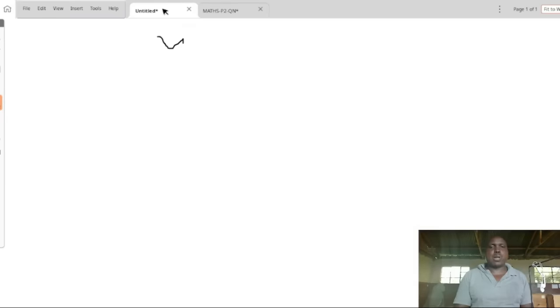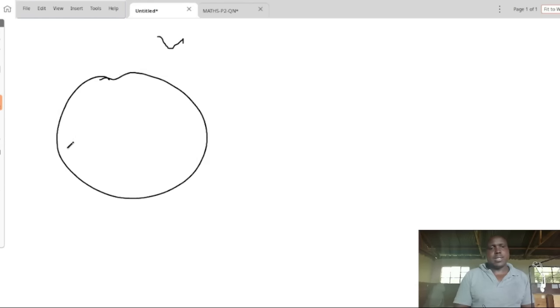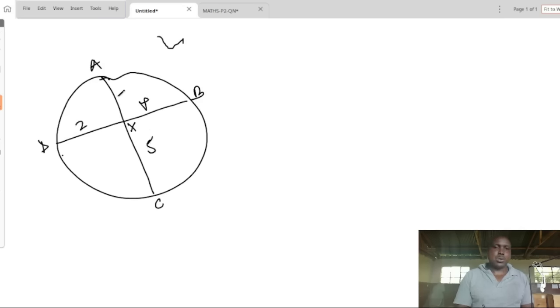Codes which you must always remember. When we have a circle which is internally divided like this, we have A, B, X, C, D. We have been given 4, 2, 4, 5, and here we are looking for Y. When we have internal like this, you need to know that